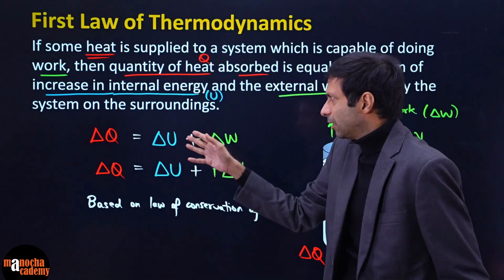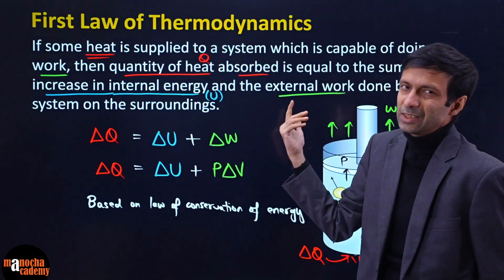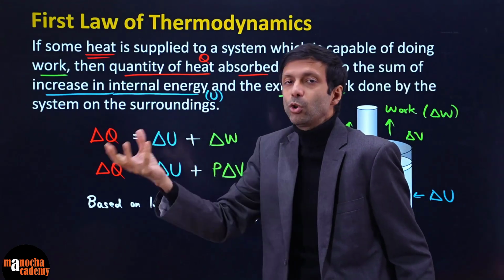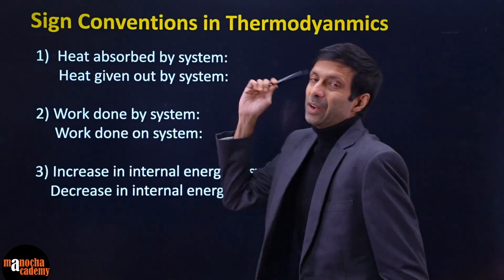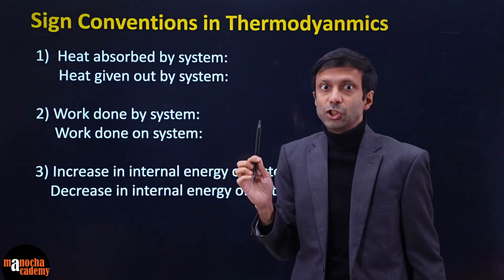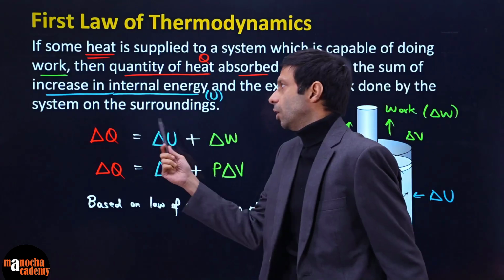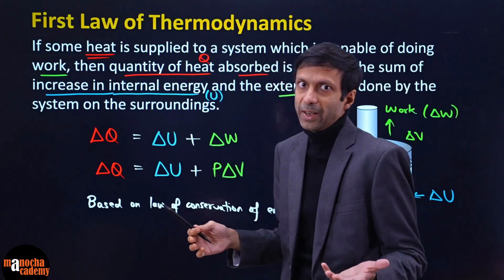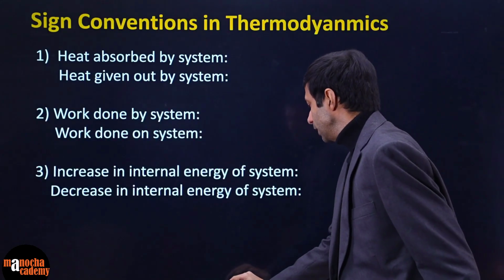I've written it, and you'll see mostly in the books they write it with delta, right? Sometimes work they just simply write W, but this is definitely change in internal energy, and this is the amount of heat, or the change in heat energy supplied. Remember, guys, last time we talked about the sign conventions are very important. So basically, when you apply this first law equation, what sign to use, positive or negative? That's very important, especially for the numericals. Okay. So here, what are the conventions that the physics guys have decided on?